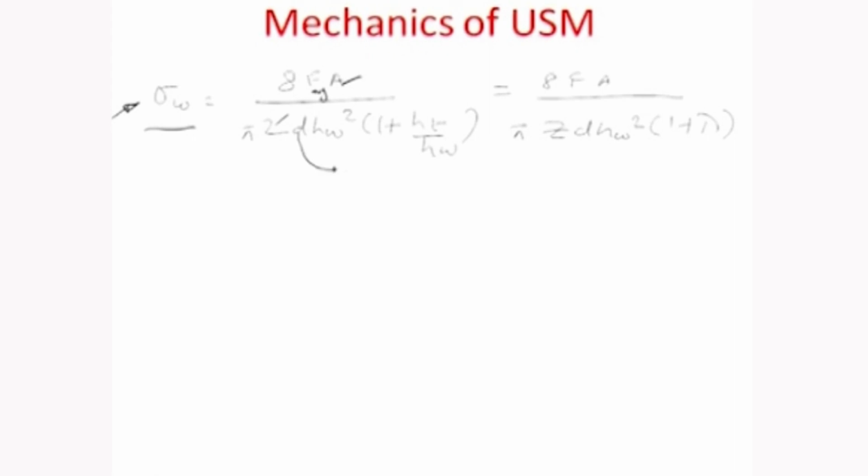D right here was the grain diameter of the abrasive grains, grain diameter. HW was the indentation depth of the grain on the workpiece,